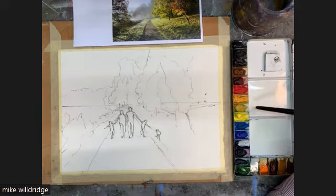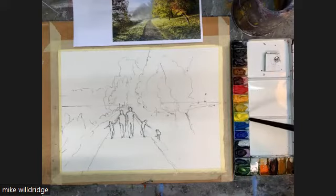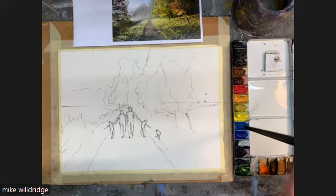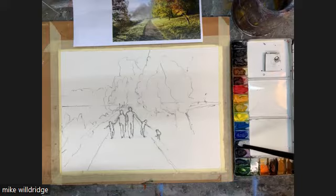See, the difference between cadmium yellow and this is that cadmium is a slightly more opaque color than Aureolin, and I tend to try and keep my colors as translucent as possible, but it doesn't always work. I've got lemon here, and then I have three blues: a cerulean blue, which is a cool blue. We'll be using that today to try and generate some coolness in the sky. A middle of the range cobalt, and then a French ultramarine, which is a much more reddy, almost purpley kind